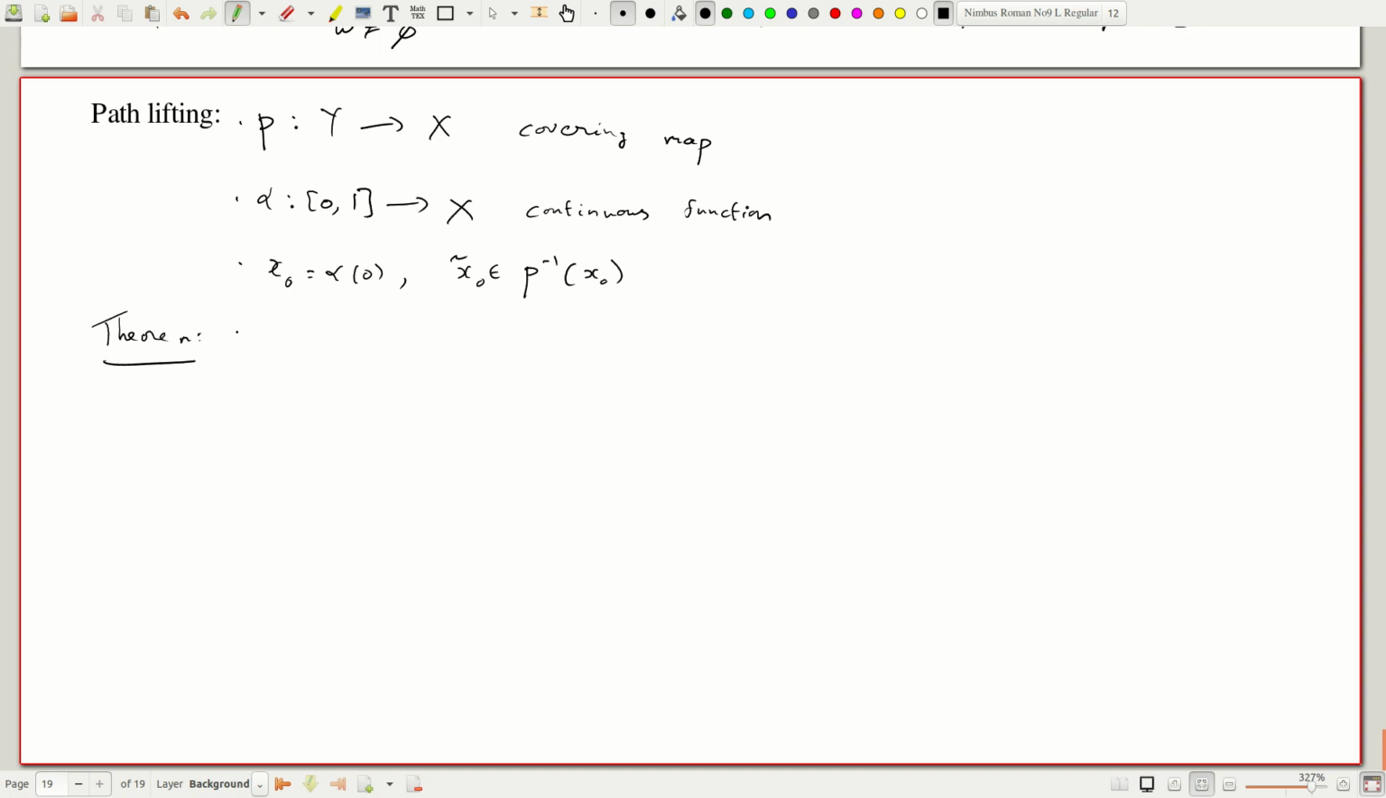There is a unique alpha tilde mapping [0,1] to Y, of course unique provided it's continuous, and it exists, it's continuous, such that we can just draw a commutative diagram. We have Y to X, and we have here, and what is the map here? This is the domain, [0,1]. This map is alpha. This is alpha tilde, such that this thing commutes,